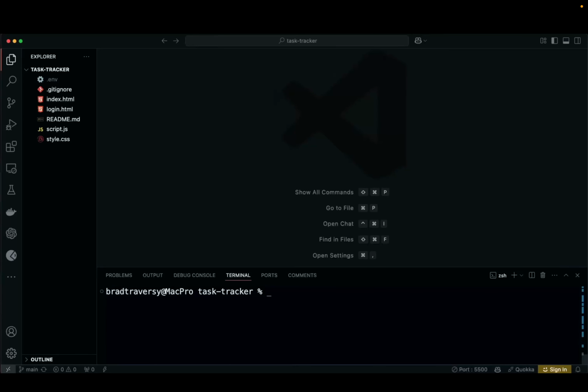Now I want to delete the feature login branch locally, since it's already deleted on the remote. So let's say git branch, and then we would do -d, and then the name of the branch, which is feature/login, and now that branch should be deleted. If I say git branch, then we just have the main, and we're all up to date. So that's how you can not only create branches and merge, but also how you can create pull requests. Now the